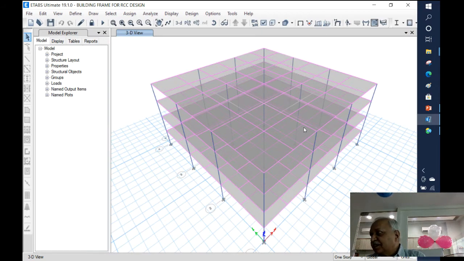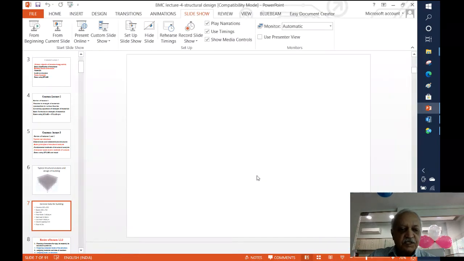The loads that you are considering, in this case I have taken a very simple system of loads: the self weight, then some dead weight in terms of the floor finish, the walls, and so on, and some live load. Other types of loads later on, as you see more complex structures, you may consider earthquake force, wind loads, temperature deformations, and so on and so forth. All these loads are part of the data that you have to consider, and then consider the analysis of the structure as such.